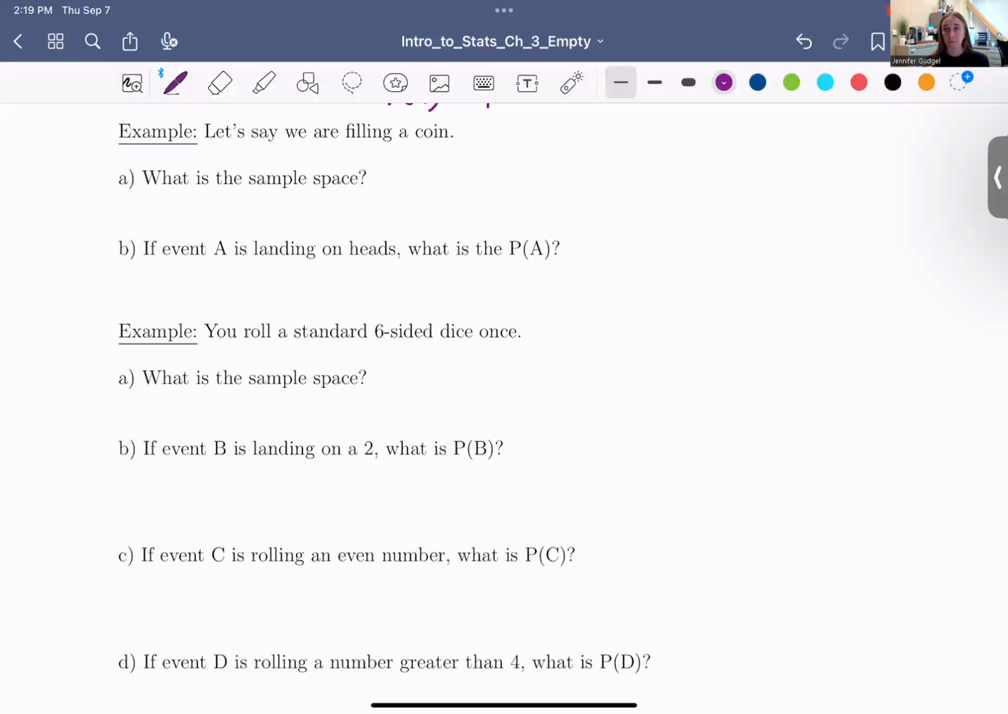Let's look at a couple examples here. Let's say that we are flipping a coin, all right? Remember, this is just a regular fair coin. Our sample space, which this is kind of